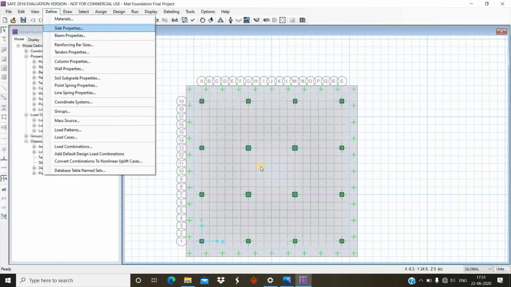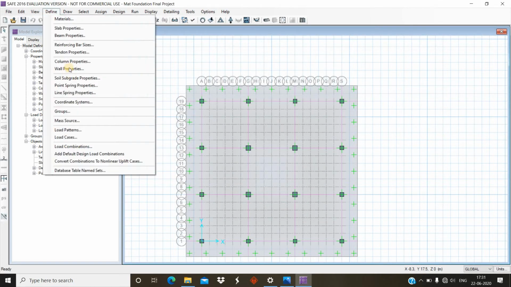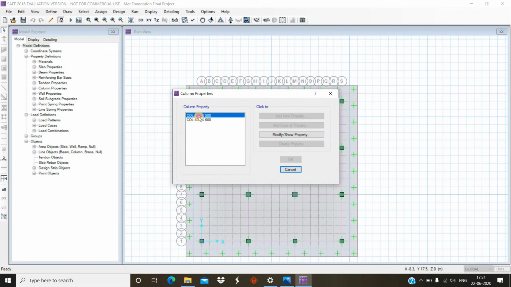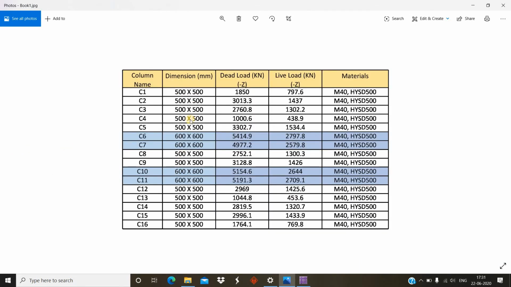Then after that I defined the slab properties by taking mat foundation of M40 with thickness 1200 mm. Then column properties, selecting two columns, 500 by 500 and 600 by 600 mm, since we have only two kinds of columns. In total we have 16 columns, but only two column properties here. These details we can obtain from ETABS 2016.